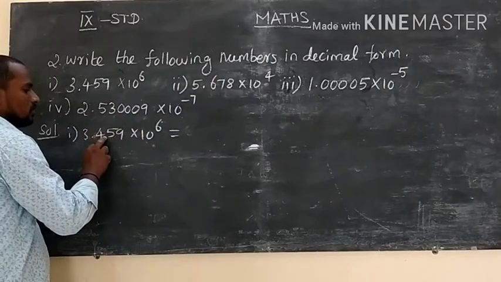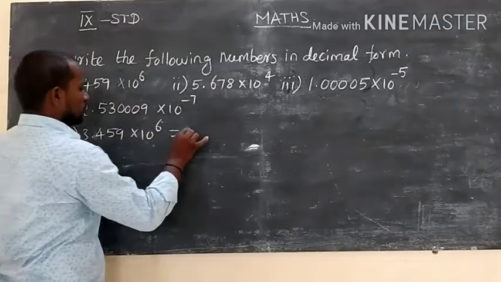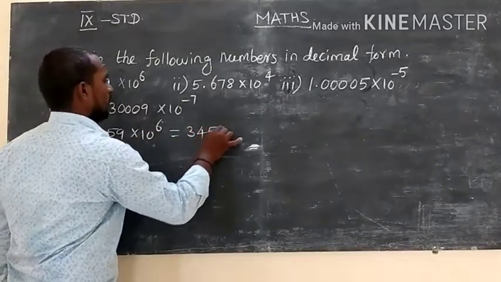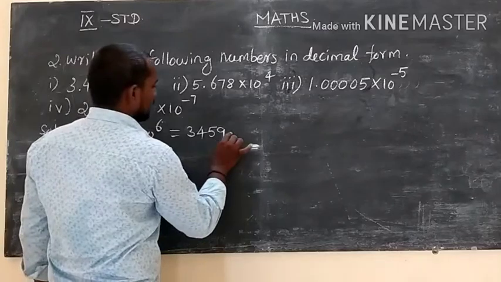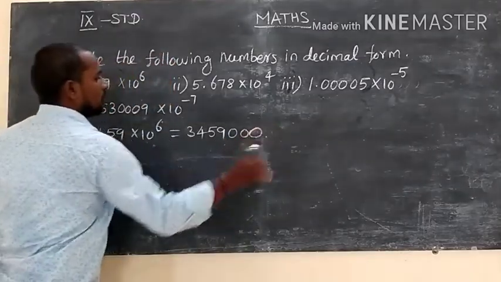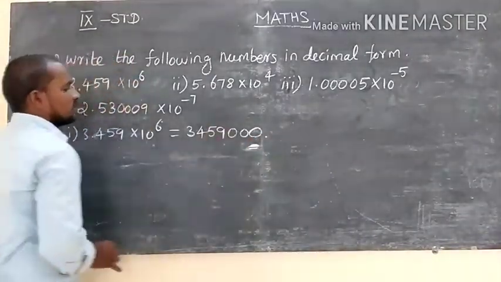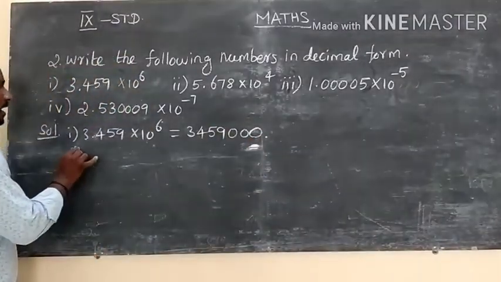Okay, so 1, 2, 3. So the remaining 3 are 0. So 3, 4, 5, 9 and 3 zeros. That's all. Now we are making that decimal point after the last 0. This is your answer. Have you understood? The second question,